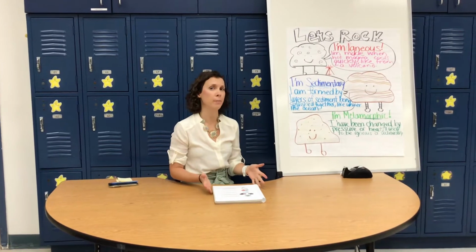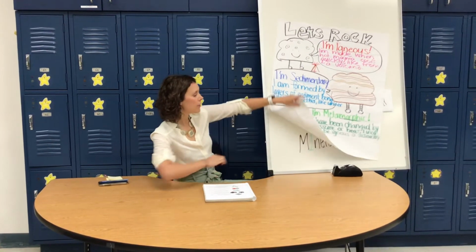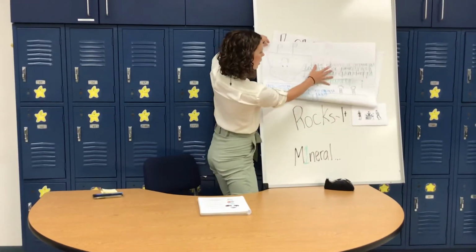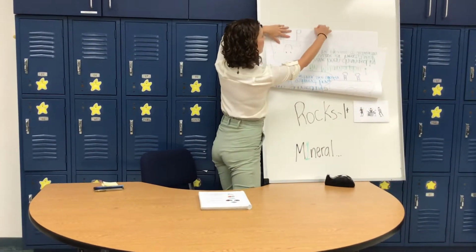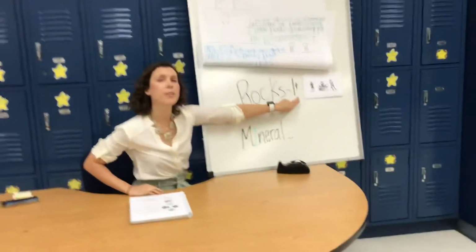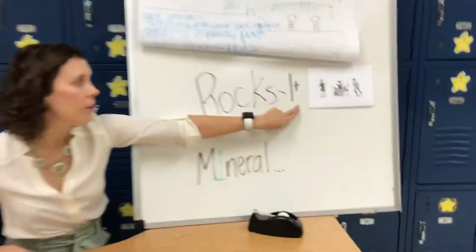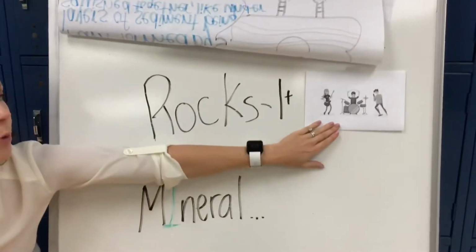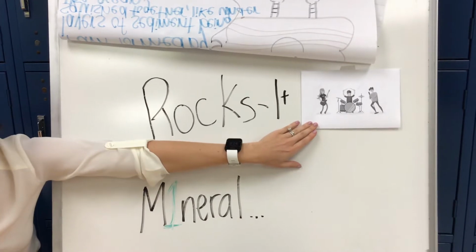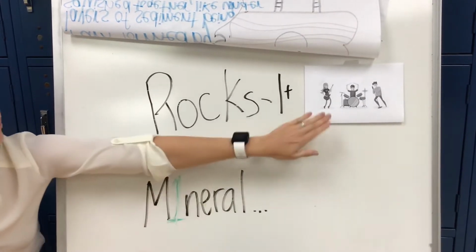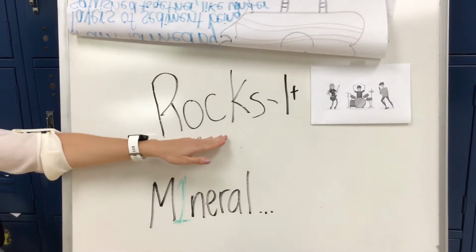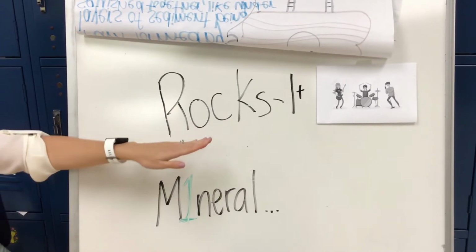We've already talked about minerals, and I want to remind you about the difference between both of these. So rocks, as discussed in class before spring break, are made of more than one mineral. I like to think about a rock band. If you have a rock band, rocks, rock, get it? If you have a rock band, you're rocking out. You need more than just one instrument. You need numerous instruments. So for rocks, this is going to be more than one thing, more than one mineral